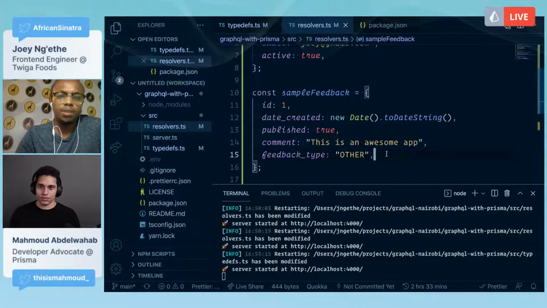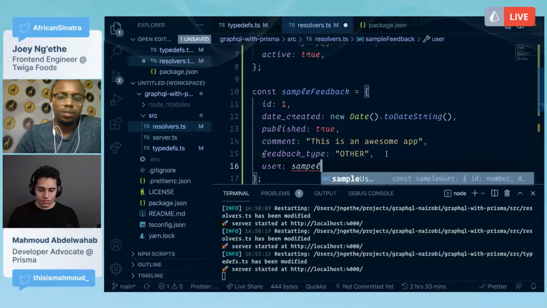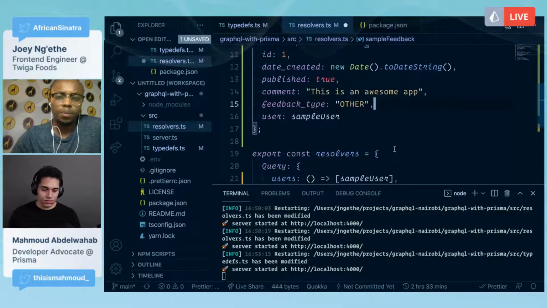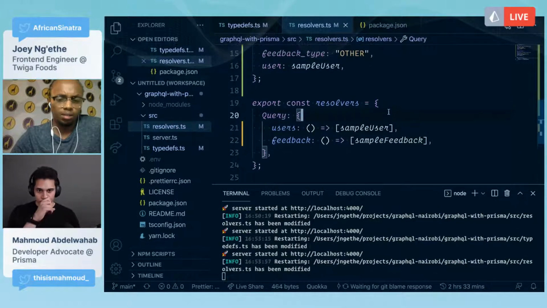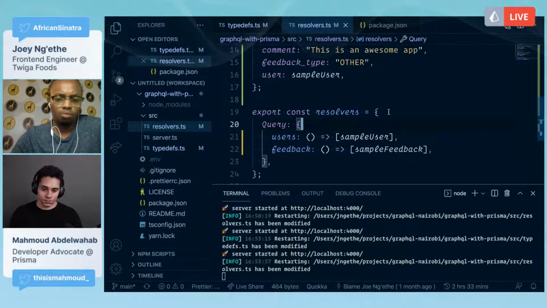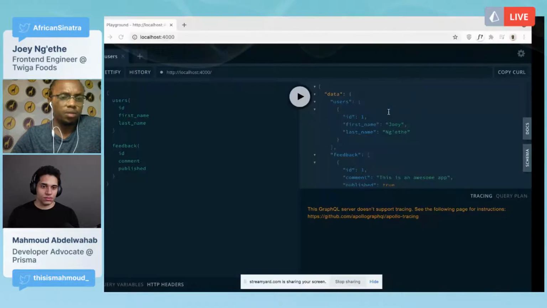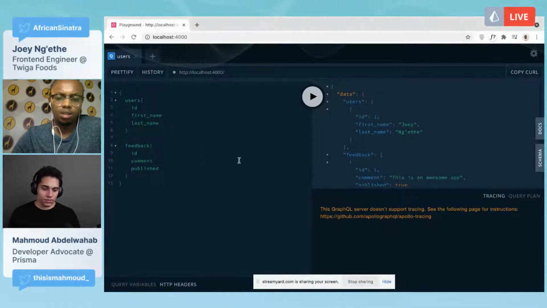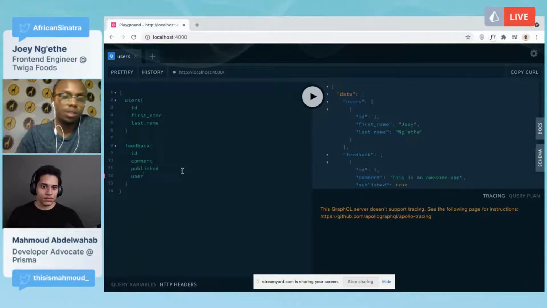Here we can say feedback, then we can say user is sample user. If we go here, let our server restart. So here we have a user field, and we can query this.